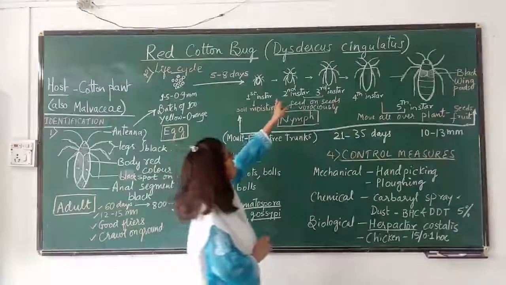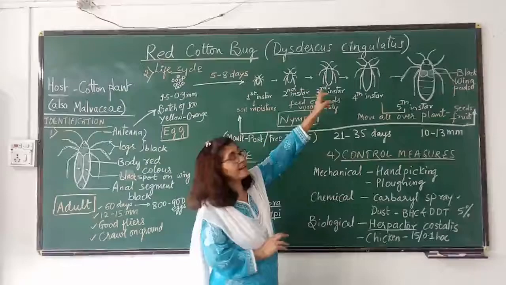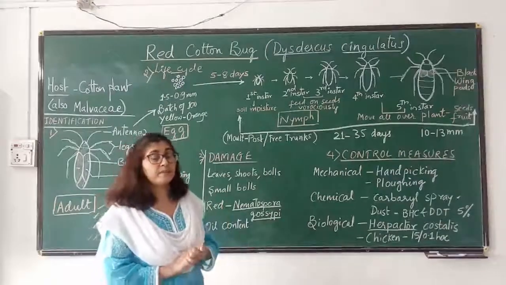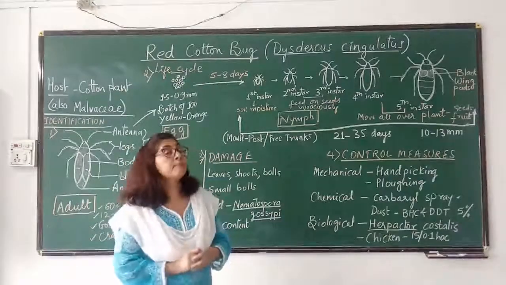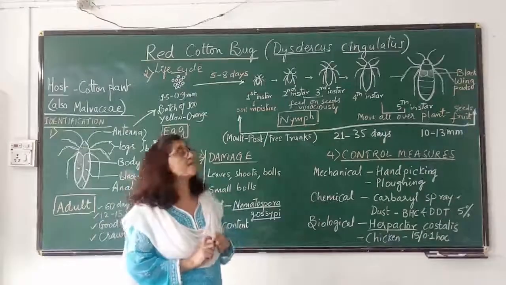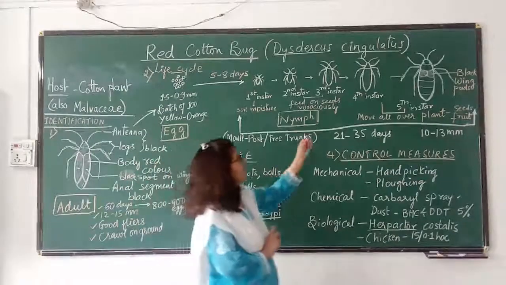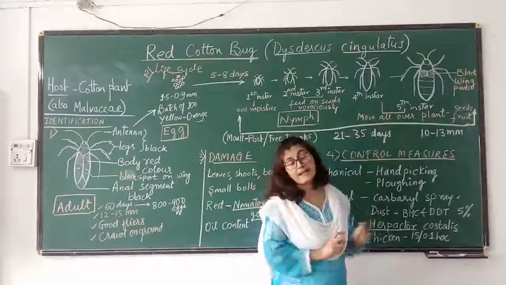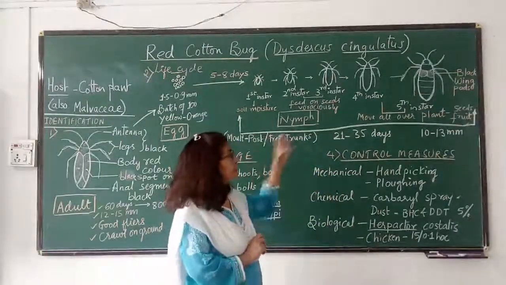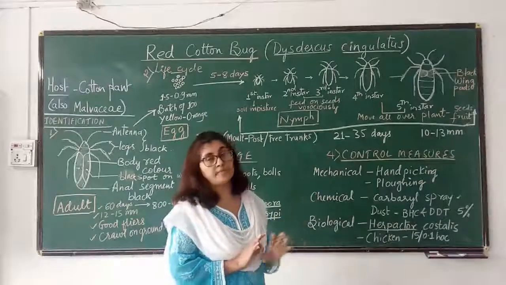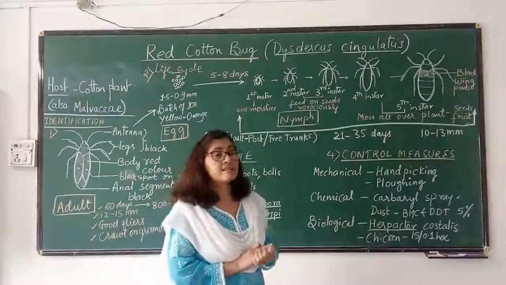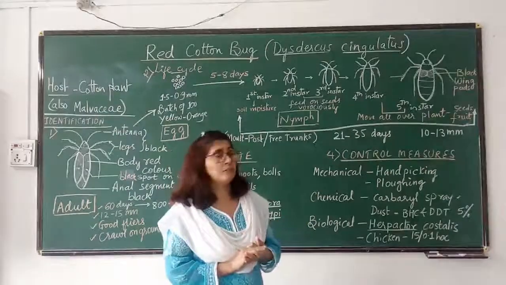Later on, after successive molting, the second instar and third instar nymphs are formed. They are voracious feeders. They feed gregariously on the seeds of cotton. They feed on the cotton balls. Then, with further molting, you get the fourth instar and the fifth instar nymph. These nymphs leave their place and move about all over the plant and feed on different cotton balls, thus destroying all the cotton balls.